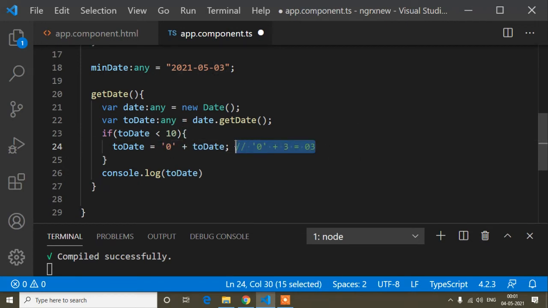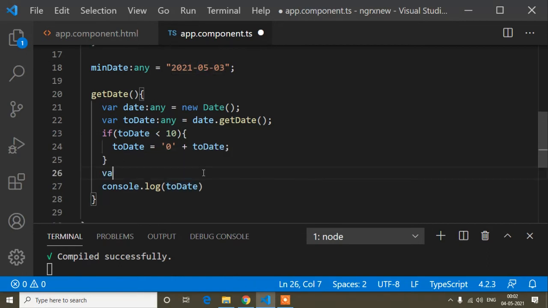Okay, and now guys, I have gotten this date, and now I need the month. For that, here is the method. The variable name I will write is month equals, and I will cut the month from this date, because in this date variable I'm getting the whole date. So from this date variable, here I will write date.getMonth, this getMonth method.